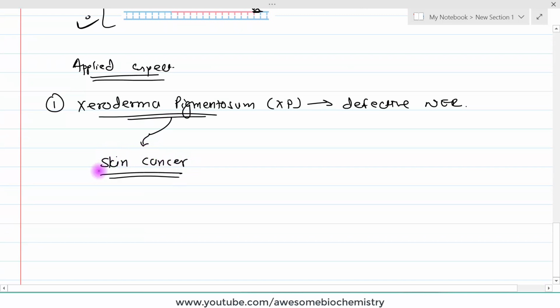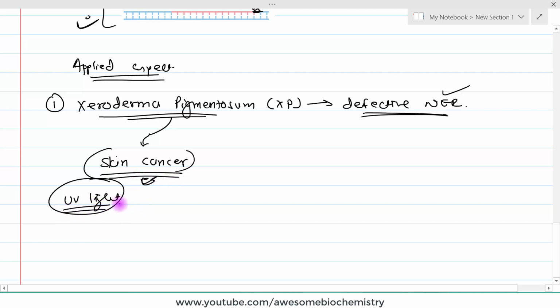Skin cancer. Now why does skin cancer develop in the case of defective nucleotide excision repair? The reason is that UV light induces pyrimidine dimers, and NER is not functioning properly. These pyrimidine dimers cannot get repaired, and so the genome is damaged, and so it may lead to skin cancer. And second thing, this UV light cannot penetrate much in our body, so it can affect only the superficial layer of skin. So only skin cancers are seen. Okay. The second manifestation in the case of xeroderma pigmentosum is progressive neurological deterioration.